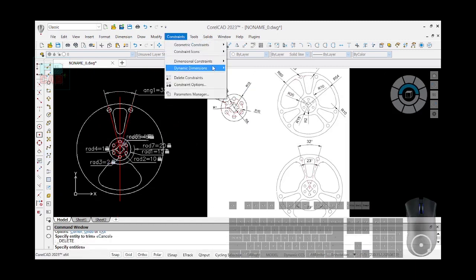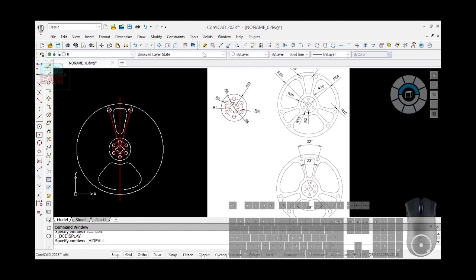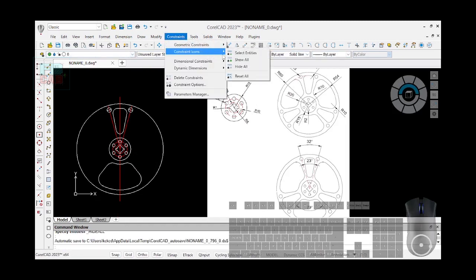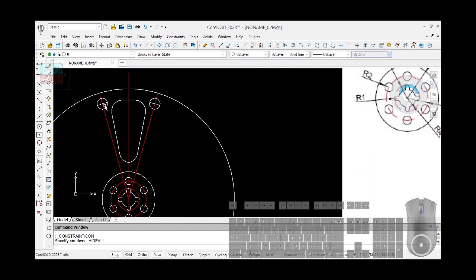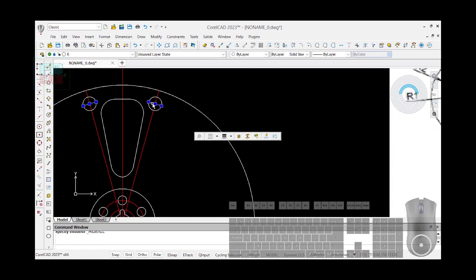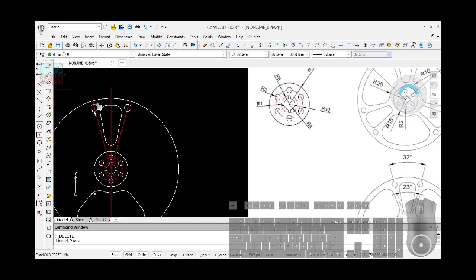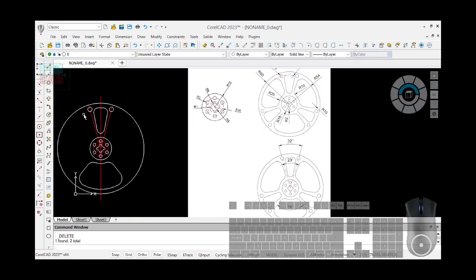So let me hide all my dimensional constraint again. Geometric constraint, hide all. So here and shift here. They don't need to be here anymore. Don't need them. That one is settled. So we can now see you have this, this, and this settled here. We have this down here. So all we just need to do is to now